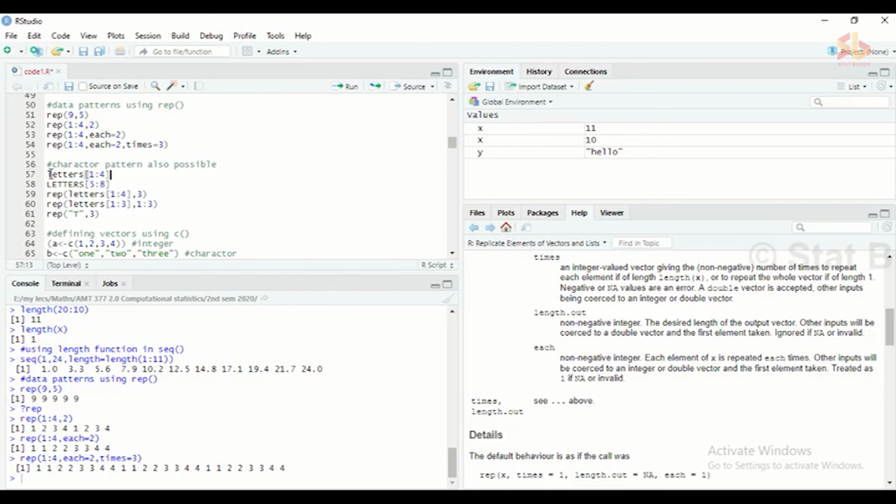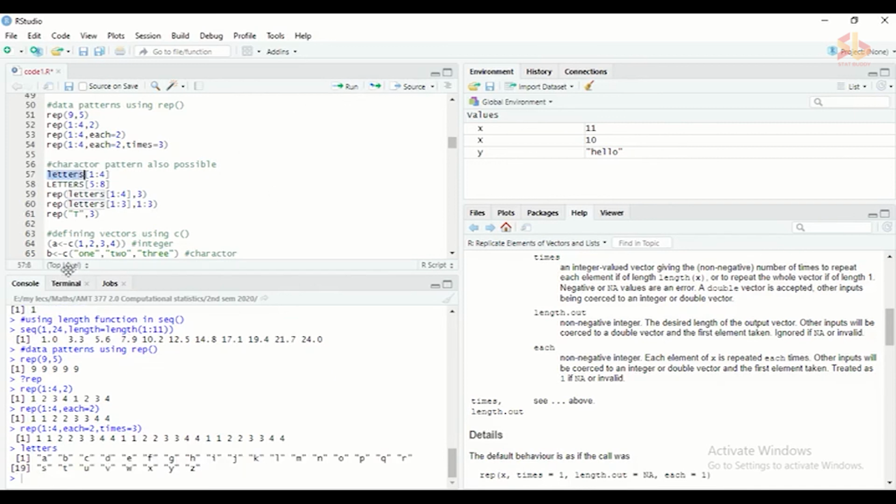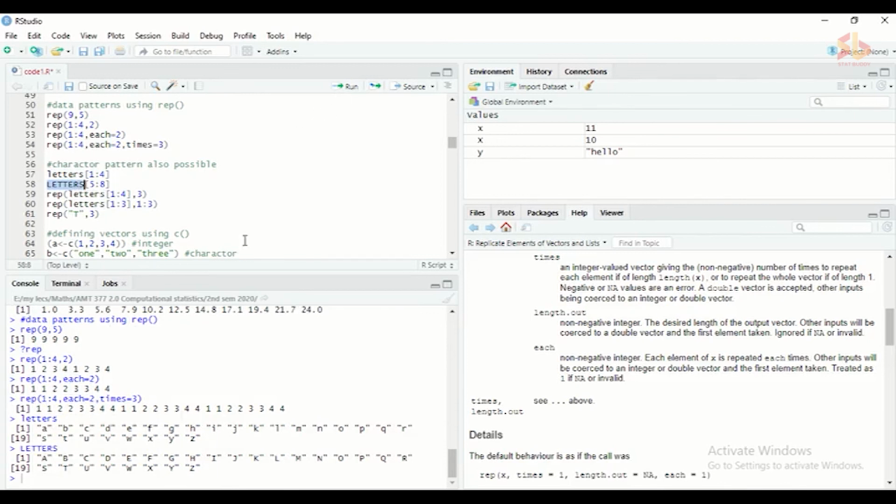And if you want to execute only one function, you have to highlight that function and run it. So by highlighting simple letters, you can see that this object name carries the 26 letters in lowercase, and this name capital letters carries the 26 letters in uppercase.